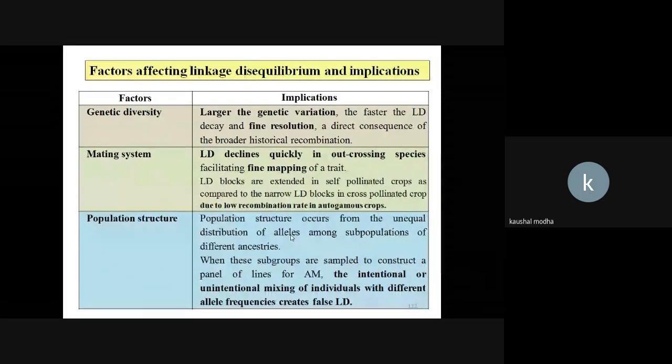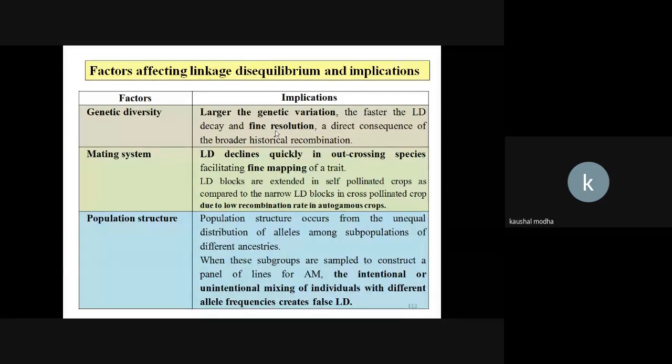Now, factors affecting linkage disequilibrium and its implications. So the first one is genetic diversity. Larger the genetic diversity, we get a broader genetic base. We are considering multiple alleles at a time. And because we are considering many diverse germplasm lines, the LD decay would be faster. So the more diverse the germplasm, the broader the genetic base of the population we are calculating LD on. We will find a better LD. I will find a fine resolution with that population, and it's a direct consequence of